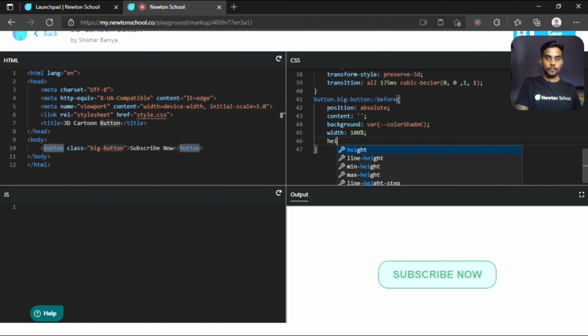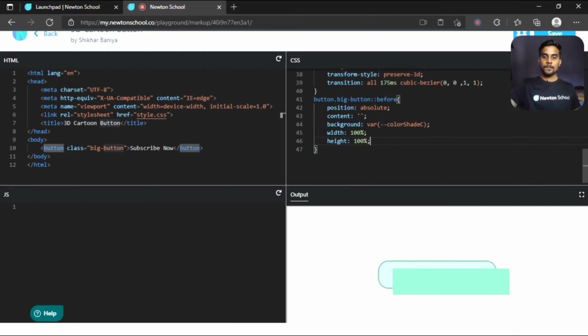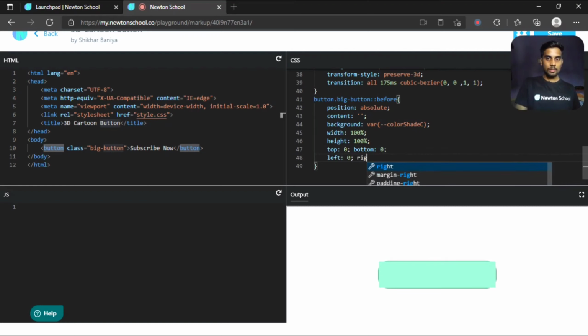Let's give it a width of 100%, and height of 100%. Now as you can see, we got this rectangle. Now we want this to overlap above this button. So let's give it a top value of 0, bottom value of 0, left value of 0, and right value of 0.